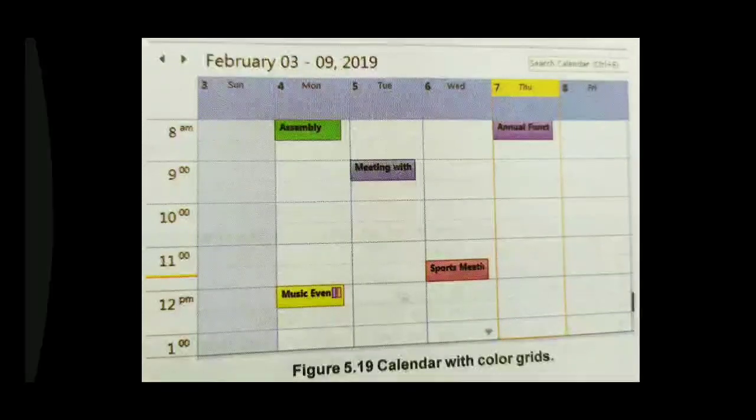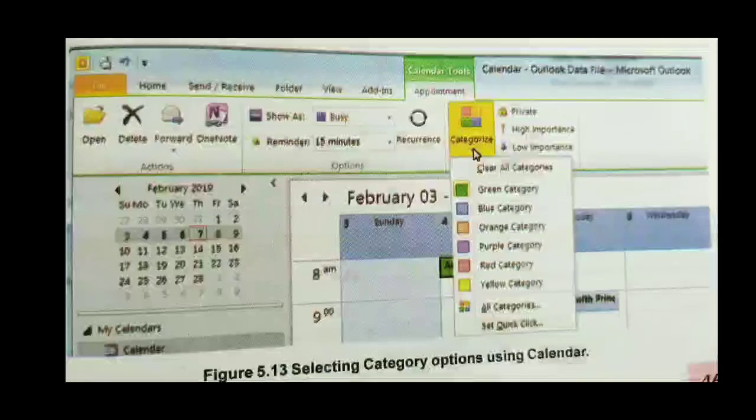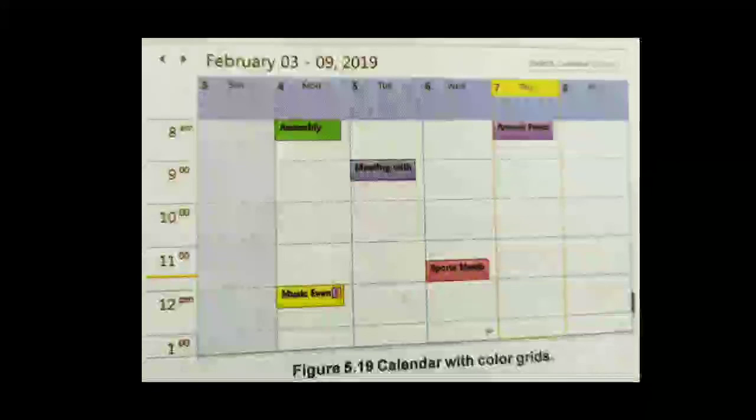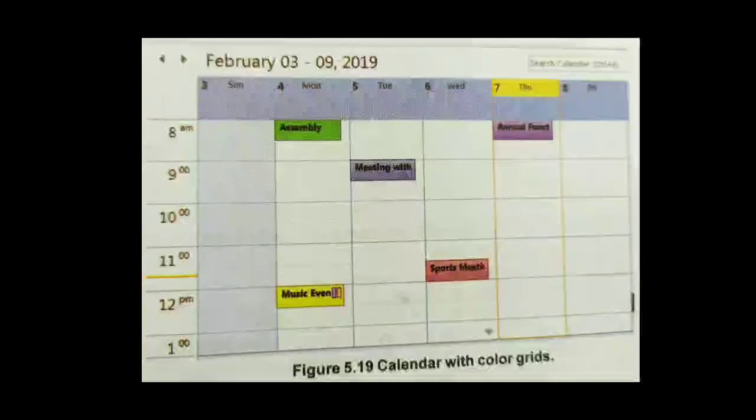Next point, so it is about creating a calendar, then seeing views. There are 4 views: one is day, week, month and the working week. Next one, we have seen how to create an appointment, and in the third session